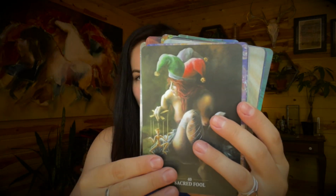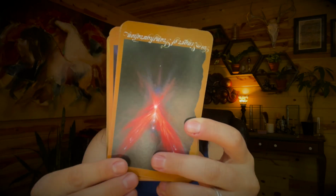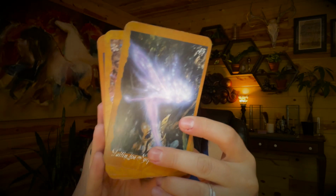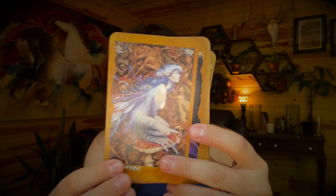However, I just don't use it all that much in larger readings. I just don't use it all that much, to be honest. So there's that. And then this one, for me, this artwork does not speak to my intuition. The keywords are just names, and so those don't help my intuition. I really have to have the guidebook for this deck. And so I do love that deck. I don't use it a lot, and that is why it isn't on the top 10. Now,